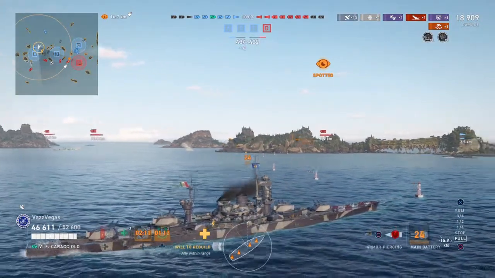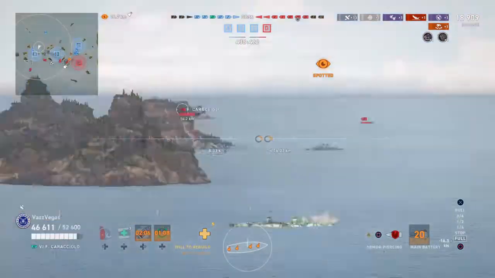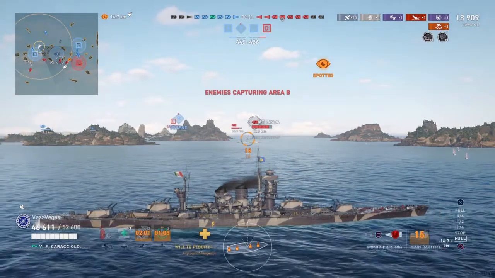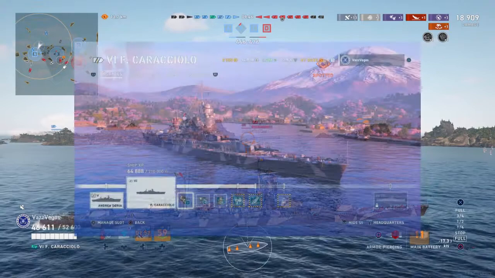Unfortunately, there's a couple of agile cruisers there that are doing pirouettes. That makes them really hard to hit. So while they're doing those pirouettes, let's put up our build on the screen. I thought this might be a little bit interesting, just so you could see how I do a full brawler